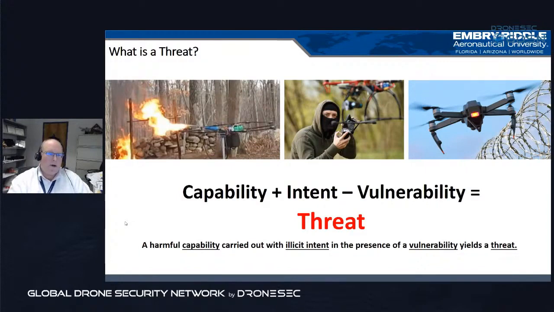So, first of all, when we look at threats, we have to understand that it's a capability that's matched with an intent, and typically an illicit intent, in the presence of some sort of a vulnerability that truly creates that threat. And so, when we look at an unmanned aircraft, that is providing a unique capability to an adversary. That adversary has an illicit intent to leverage that capability for a very specific purpose, and then ultimately to exploit that capability against a vulnerable security system, which ultimately creates that threat. And so I want to provide that early context so that we can have a discussion related to